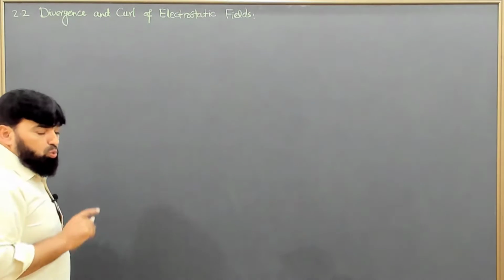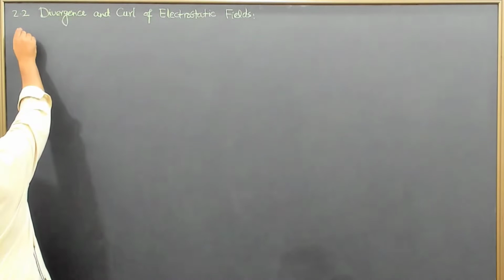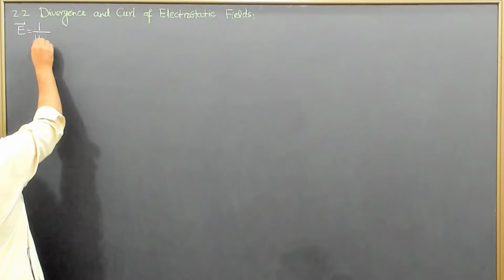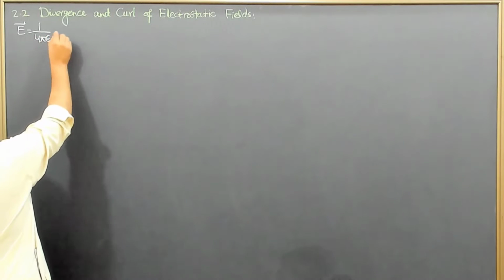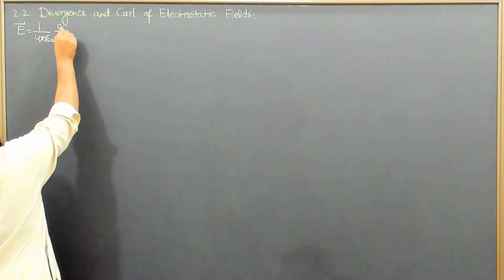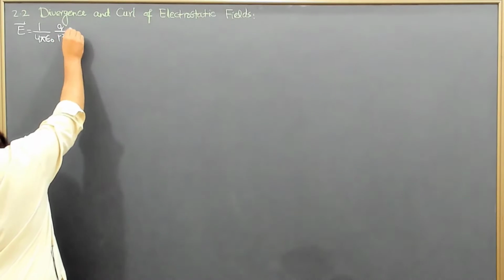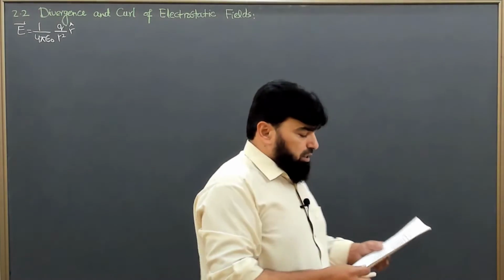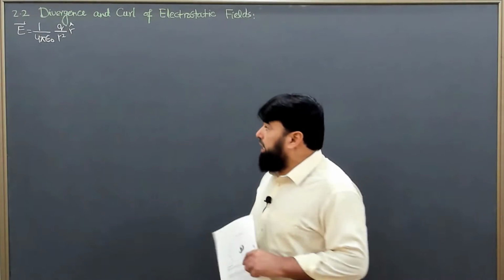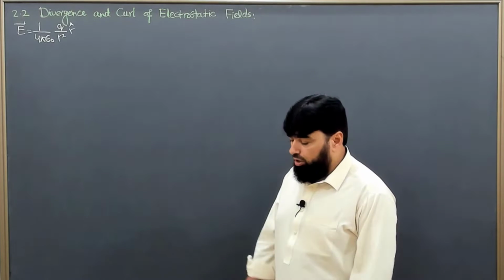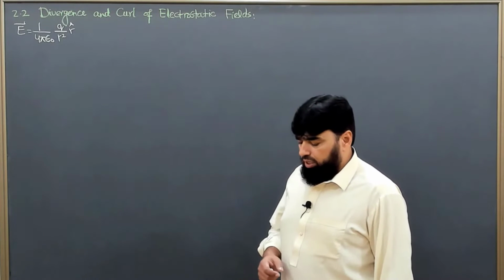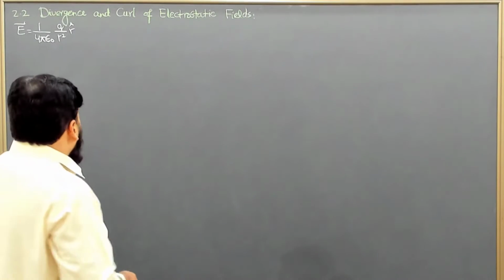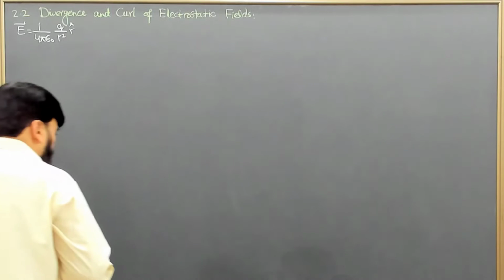Now as we have the electric field, when we have the source charge at the origin, the electric field is E equals 1 over 4 pi epsilon naught, the source charge Q over r squared, times the r unit vector. So this is the electric field when we have the source charge at the origin. Let me discuss some interpretations of the field lines, the electric field, and so on.